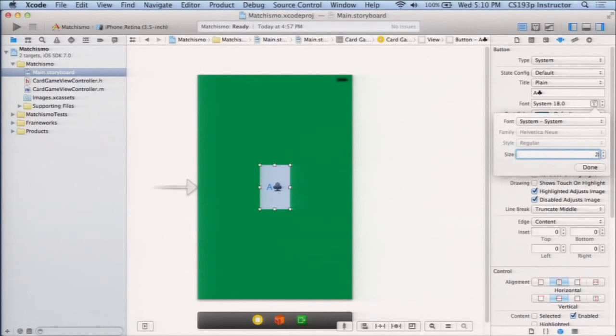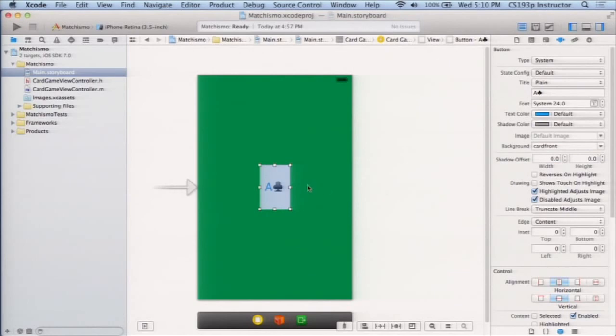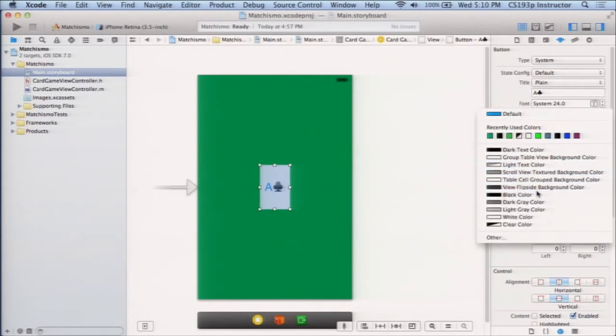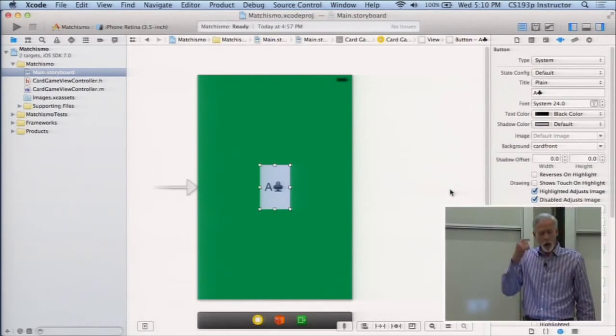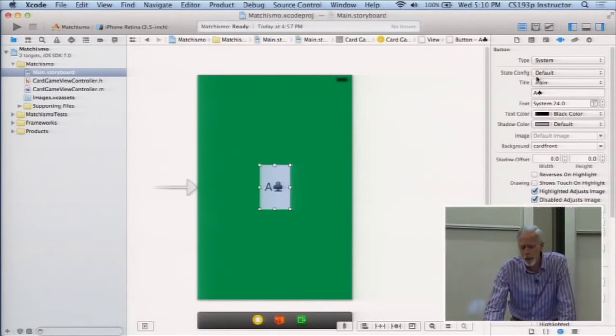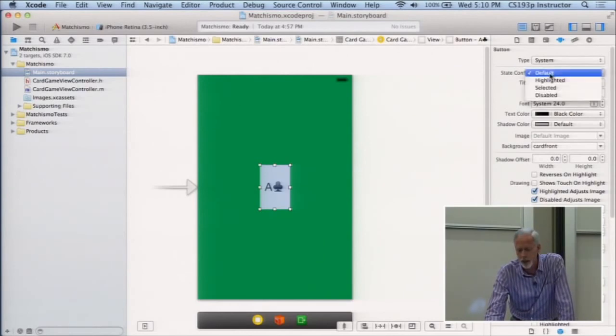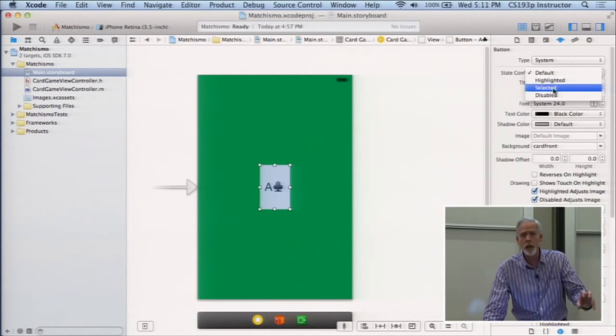I can change the size here, maybe 24 point or something like that. That'll still fit. And then I don't want this blue, so that's this text color. Let's go ahead and make that black. All right, so I've got the card looking the way I want. That's good. All these properties that we're setting, by the way, if you look at button, you see this state config right here, default. We can actually set all these things differently for the highlighted state of the button or a selected